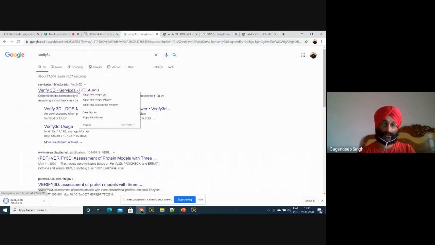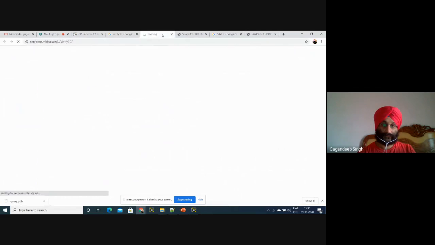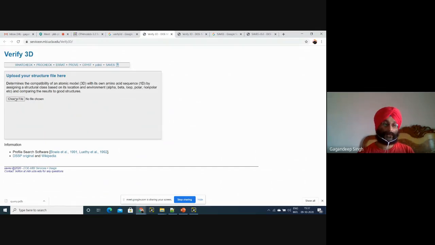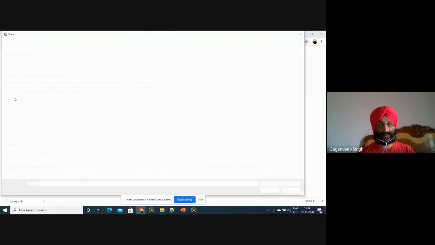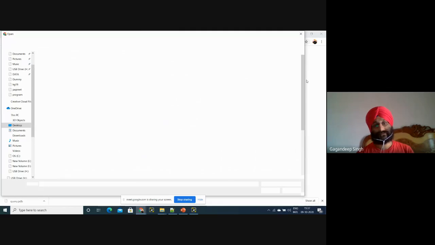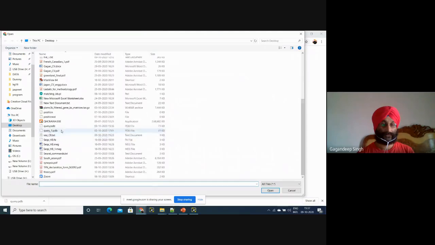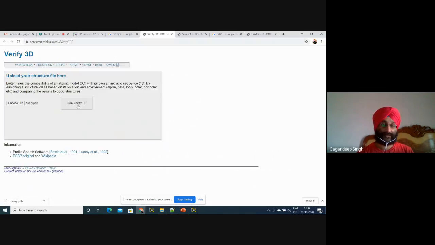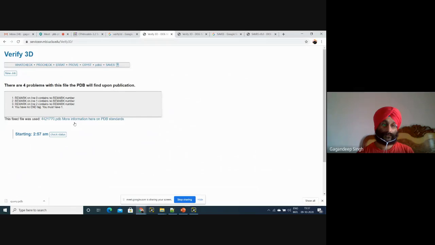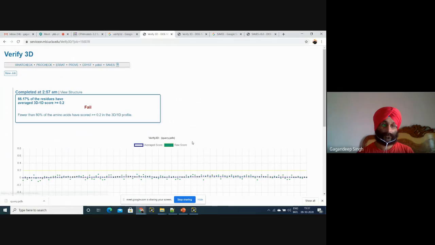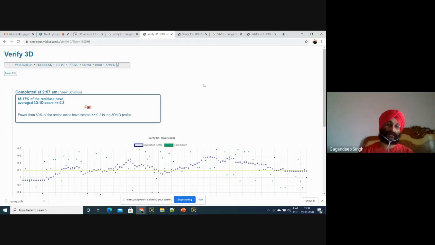Again, we'll open this. Now I have generated another structure. I'll see whether this structure is pass or fail. See, this structure is also fail.